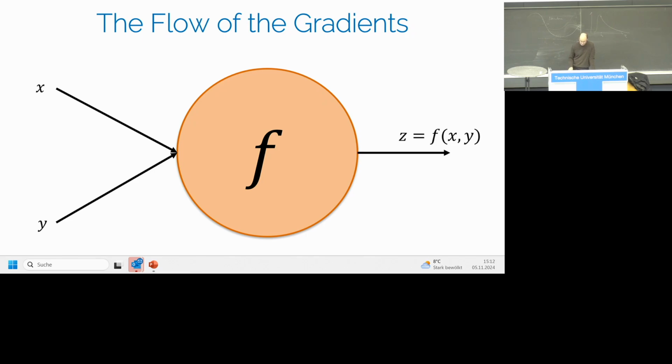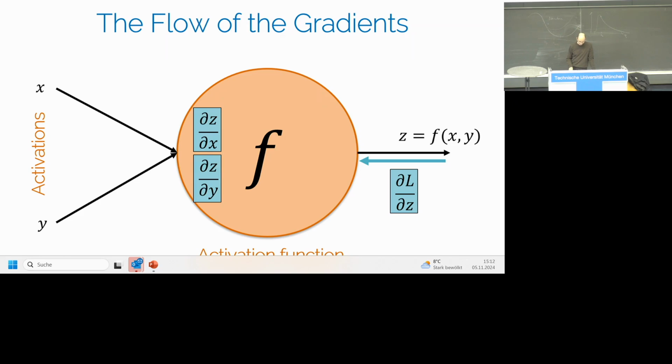And what's nice is that we have respective software libraries like PyTorch and TensorFlow that we can use to optimize these network architectures. So each neuron gets some activations from the previous layer, and then it has an activation function, and then there is an output Z,